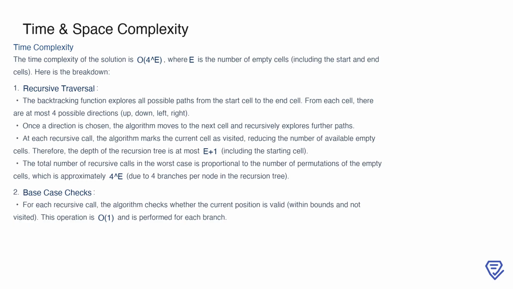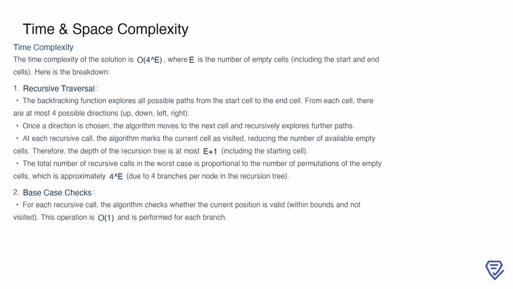Because each cell can branch into up to 4 directions, the total number of recursive calls in the worst case is proportional to 4 raised to the power of e, or 4 to the power of e. Additionally, for every recursive call, the algorithm performs checks to ensure the current position is valid, which involves constant time operations. These checks include verifying that the cell is within the grid bounds and has not already been visited. These constant time operations are repeated for each branch, but they do not affect the overall exponential complexity driven by